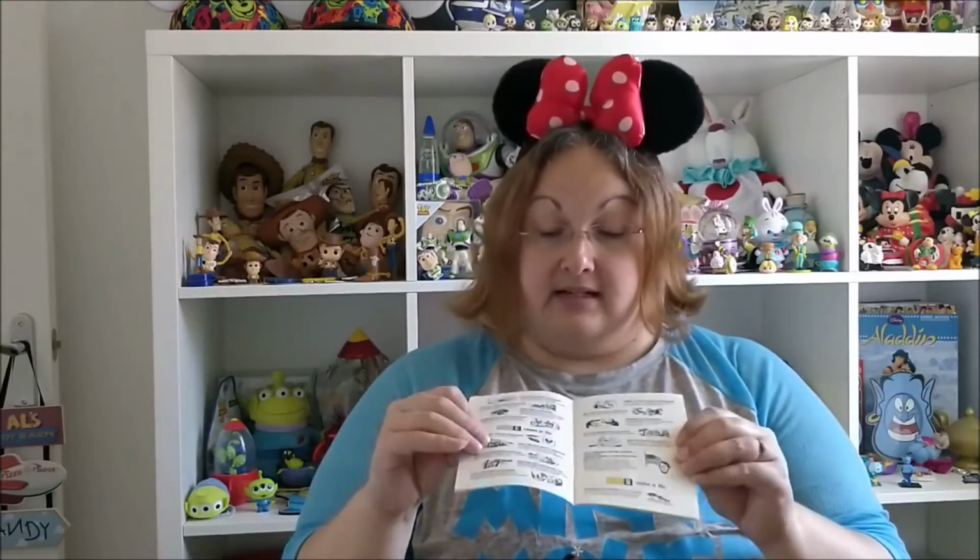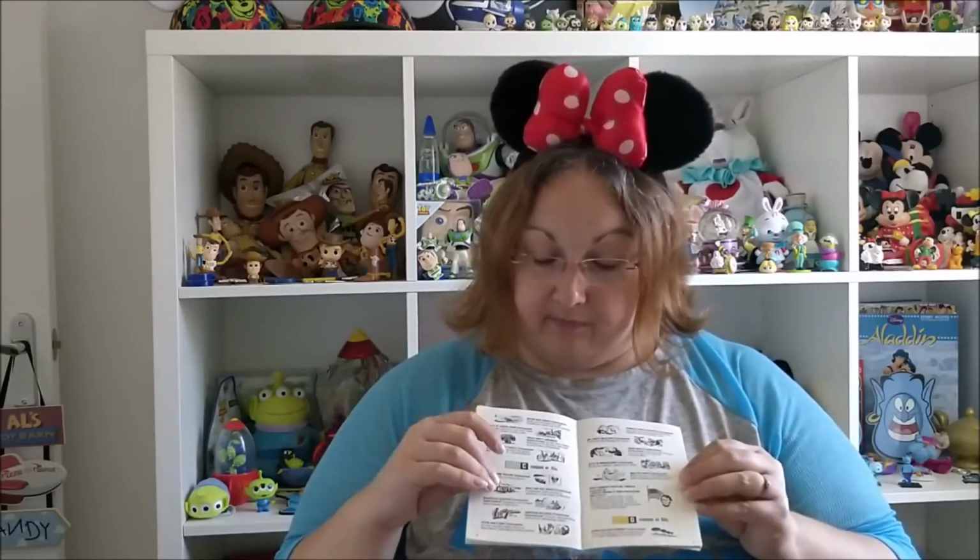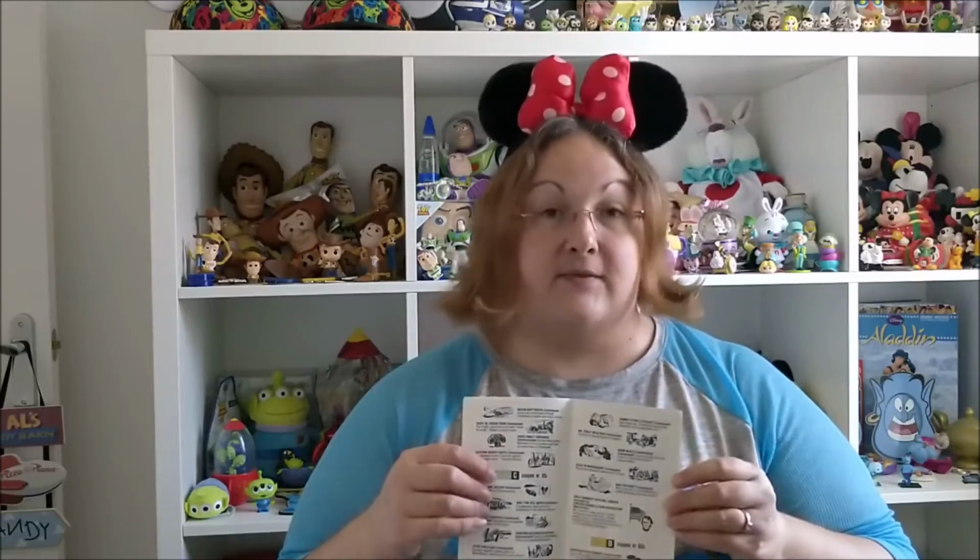So fall and winter 68, this is from... So these were all from 1968. And for the age of this, it is immaculate. It's crazy. So inside it tells you the different things you could use your tickets for, because you used to